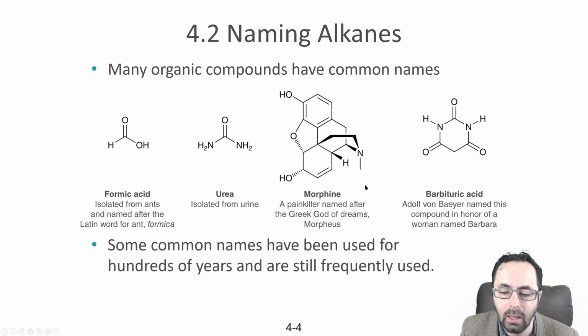Again, these are common names, so they're still frequently used just because of history. But the preferred nomenclature is systematic, because again, these names don't tell us anything about the actual structures. If you don't have the structure memorized, you can't get the structure directly from the name. But the advantage of the systematic naming is that we will be able to determine the structure directly from the name and the name directly from the structure by using a system.